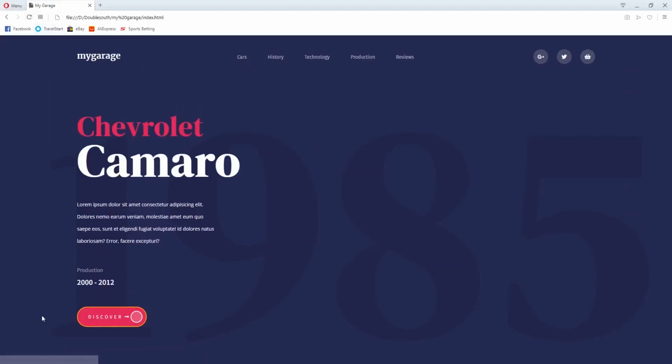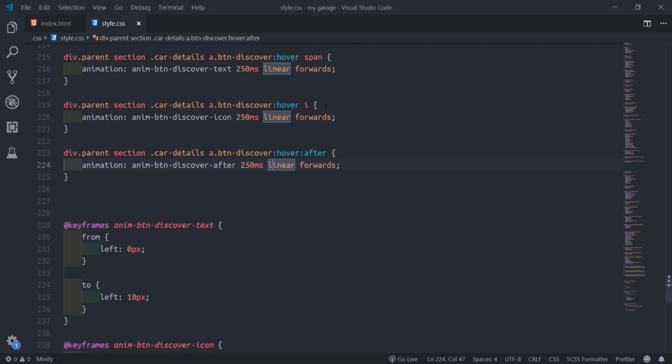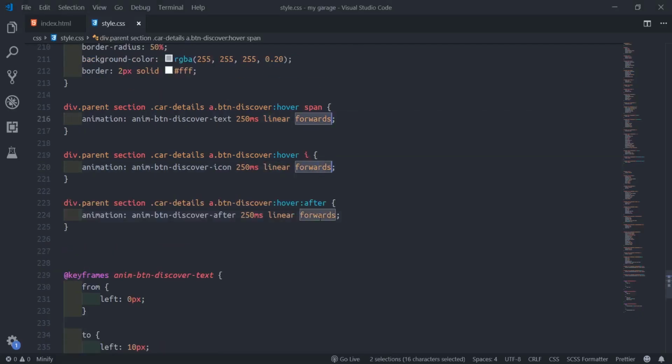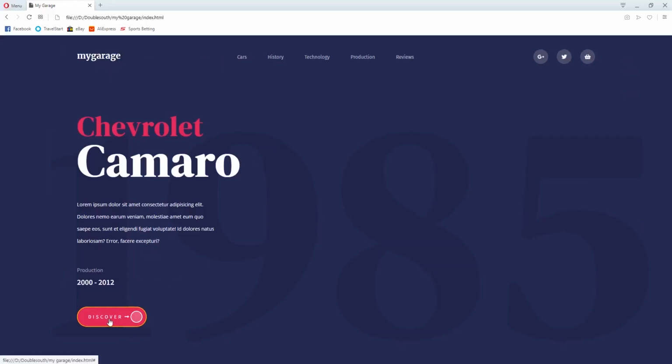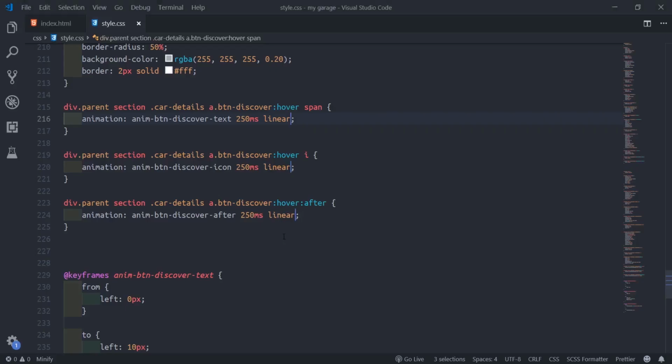See how the forwards tells it to stop? Because if we don't put the forwards, you see how they go back. So now we need to put this forwards.